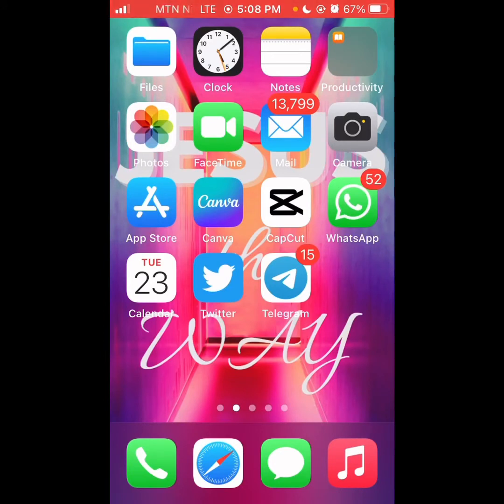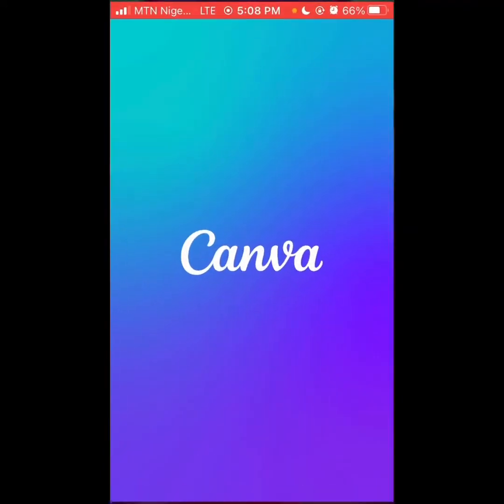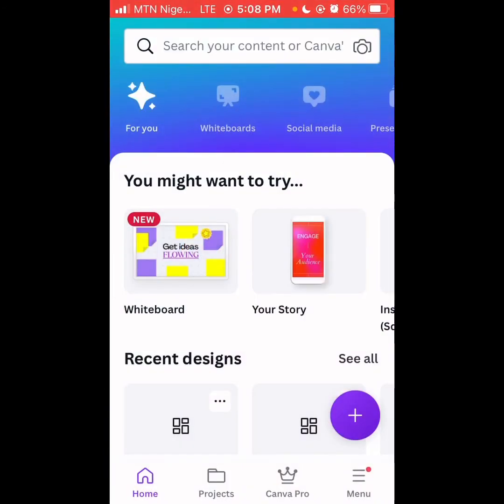I'd like to briefly give you a quick introduction to what Canva is about. So I'll basically show you around in this first class. This is our introductory class. So let's get you to download your Canva app. That's the app with the Canva logo here. You download the Canva app, and then if you're just using Canva for the first time, let me let you